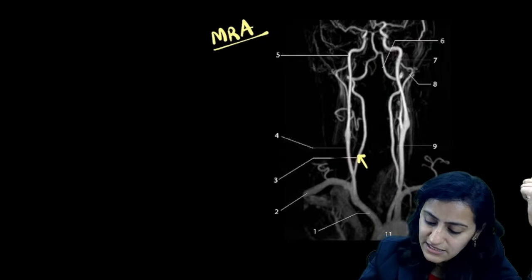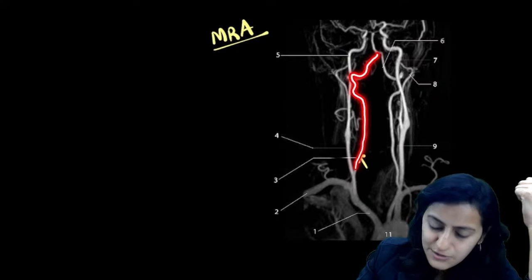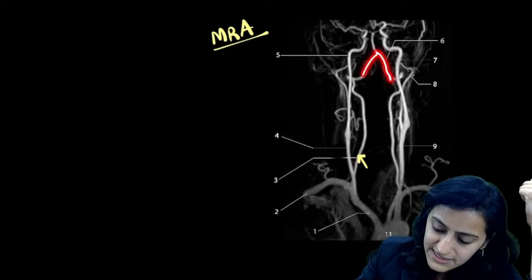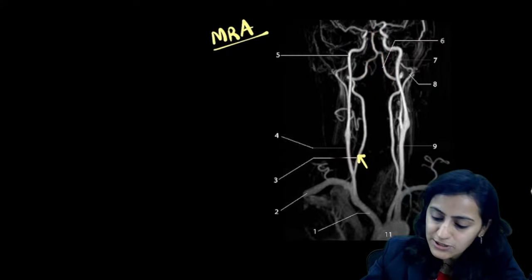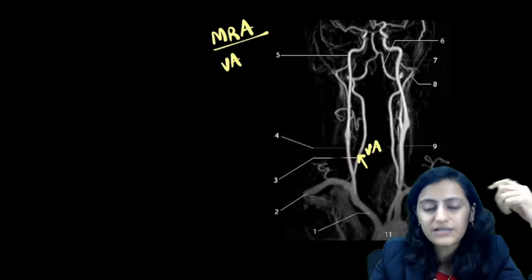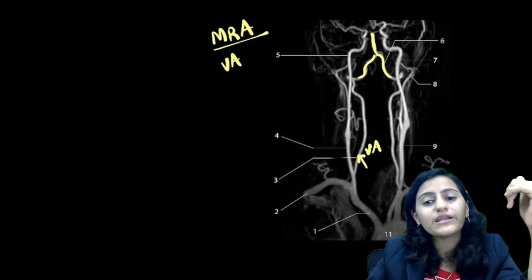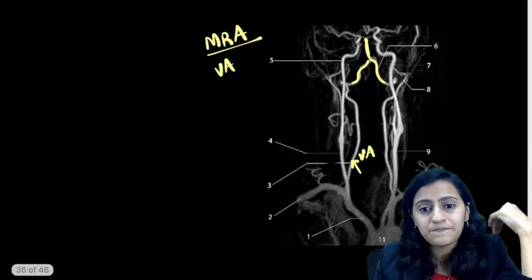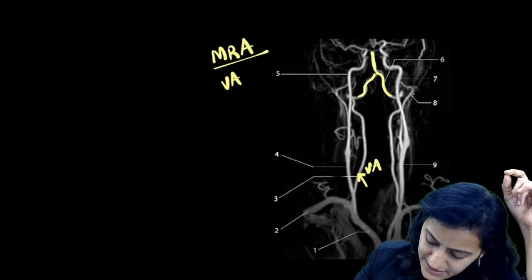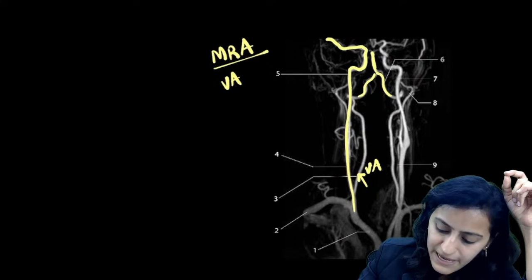Now trace this vessel which is asked. Try to trace this vessel up. What is this vessel doing? It is joining with the other side vessel and forming a single vessel. So what vessel is that? That is the vertebral artery. Okay, this is the vertebral artery on one side. This is the vertebral artery on the other side, joining to form the basilar artery. The other artery which is coming here and then going up, supplying the brain,